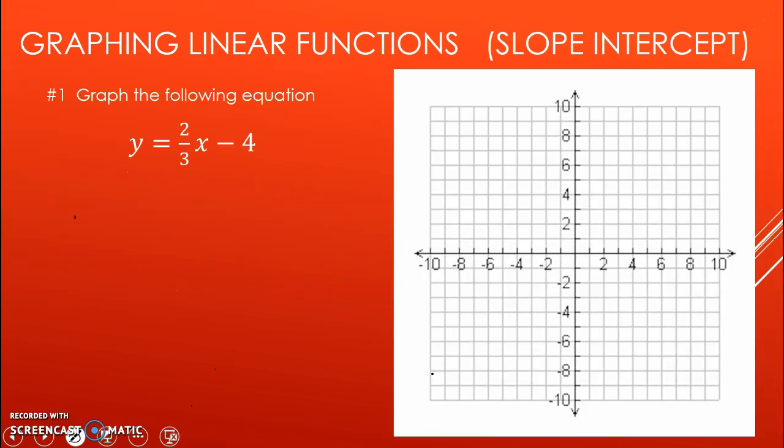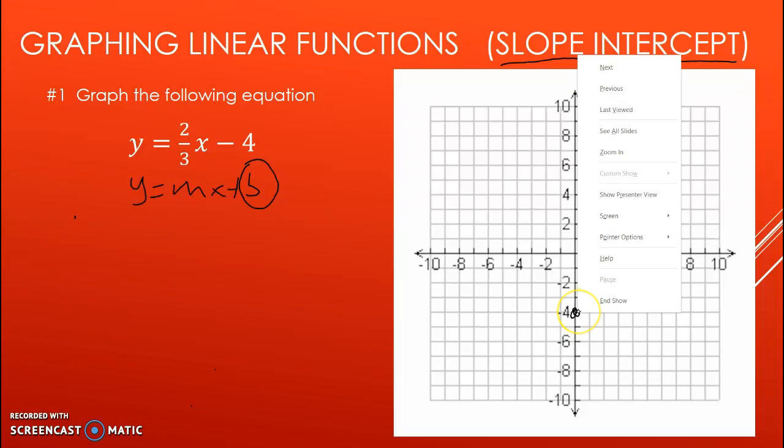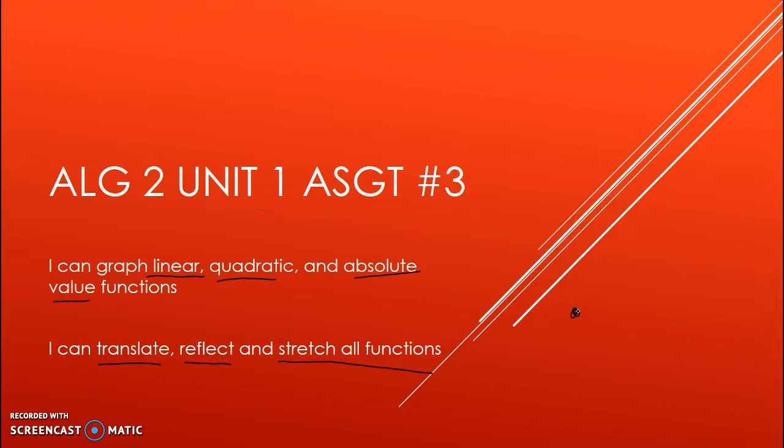Let's just go ahead and start by remembering how to graph equations in slope-intercept form. Remember y equals mx plus b. And so the b is the y-intercept. So in this particular case, the y-intercept is at -4. The slope, that's what m is. That is